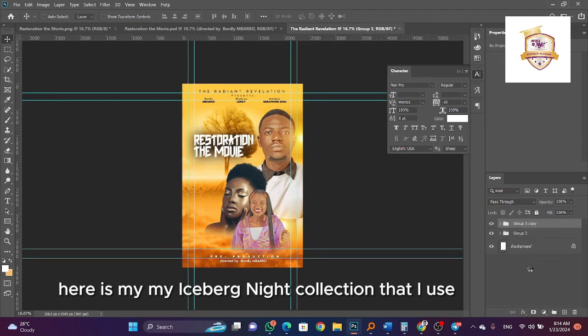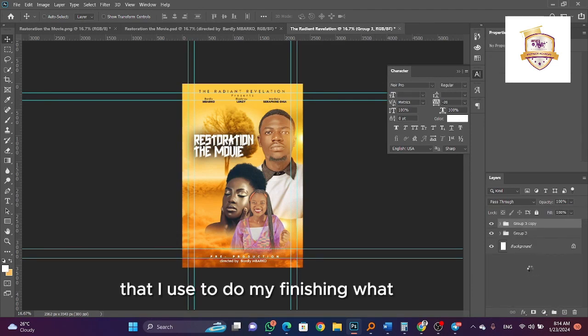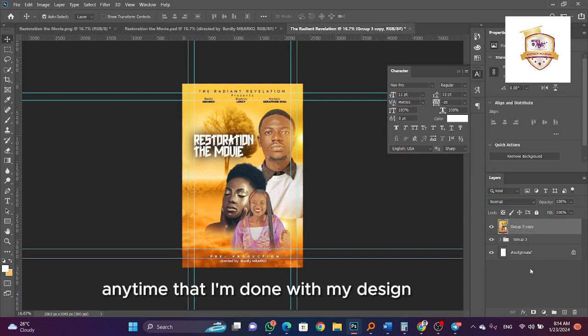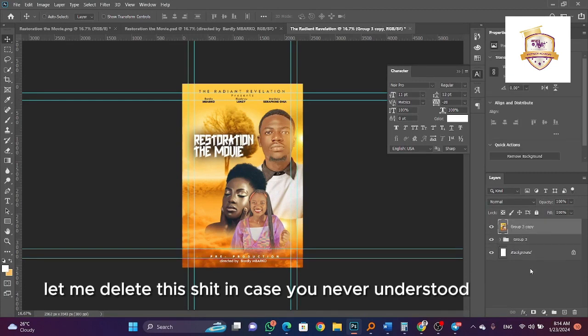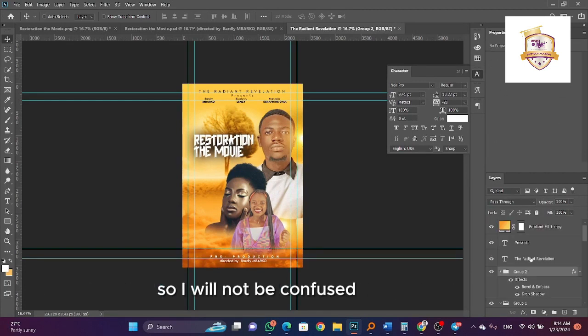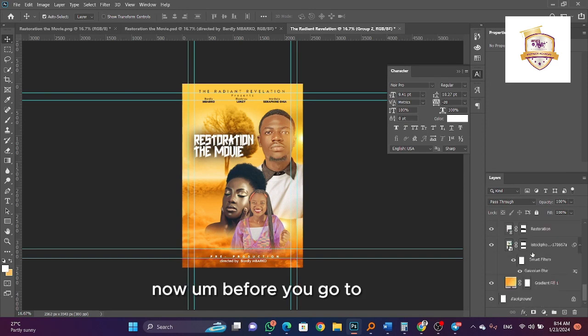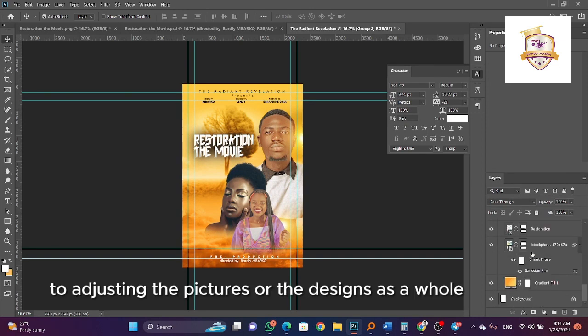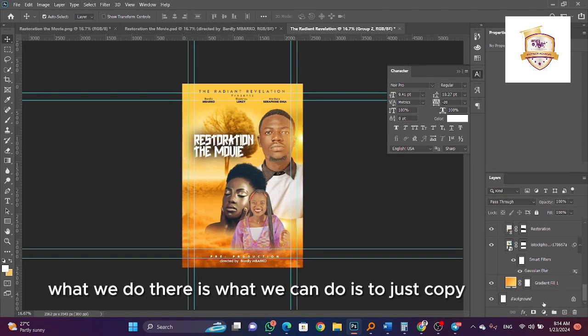Now the finishing touches again that we will continue to do here is my iceberg night collection that I use to do my finishing anytime that I'm done with my design. Now for the night collection part, let me delete this in case you never understood, so that you will not be confused. Now before you go to adjusting the pictures or the designs as a whole, what we do there is